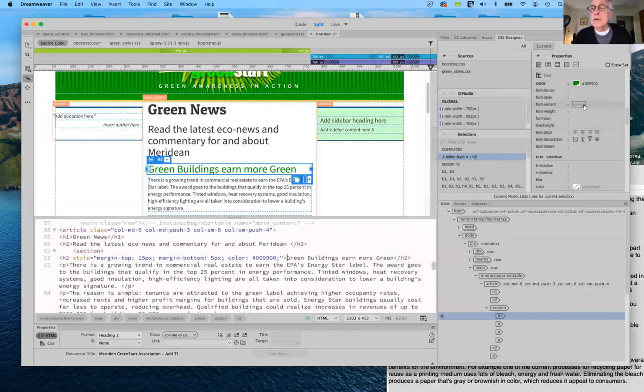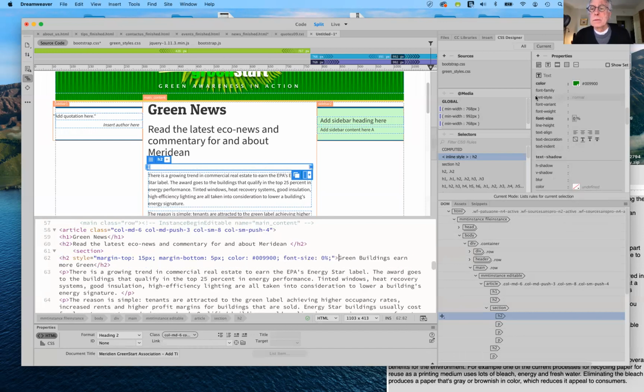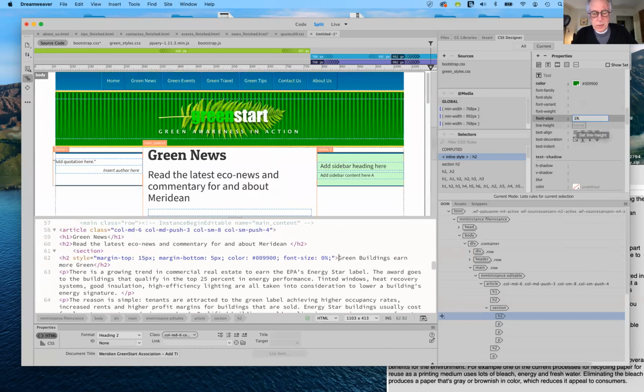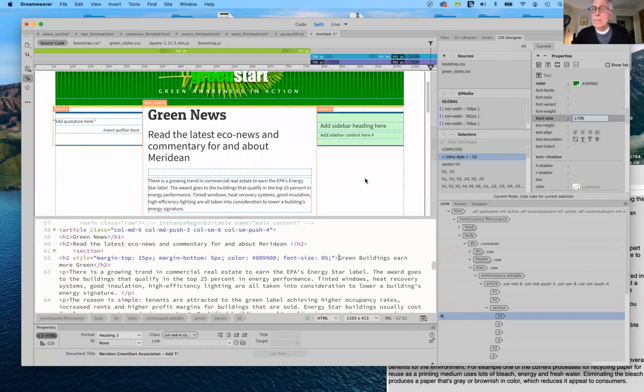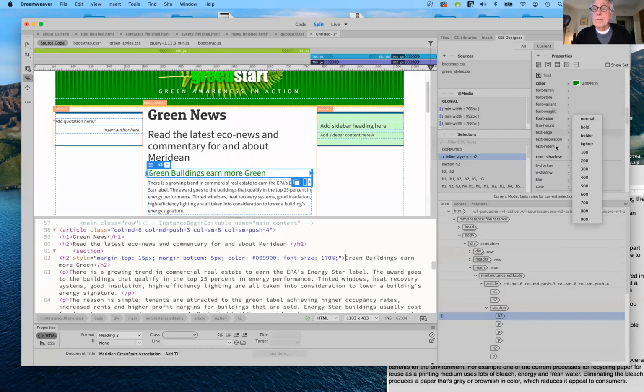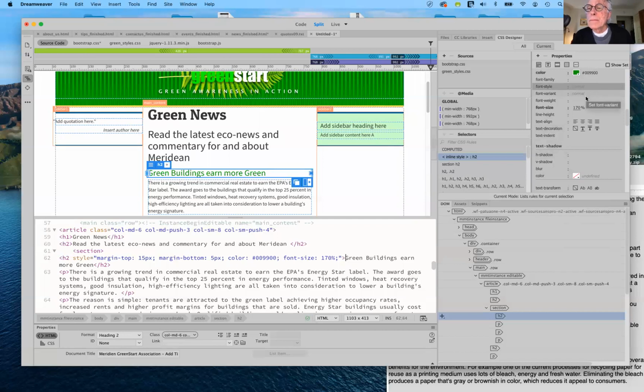We want to change the font size to 170%. So that's good when that disappears because that lets me know that it's correctly affecting it. So I want it to be 170%. There we go. So it's the right size, and we want it to be bold. So that would be font style, and we want it to be, no, why isn't it here? Font weight, my mistake. We want it to be bold. There we go. So now we've styled it, but you'll notice